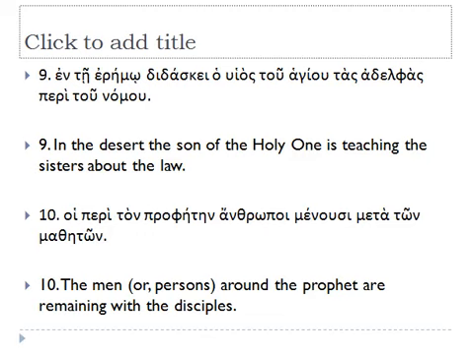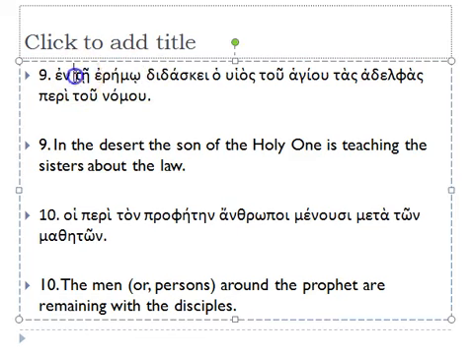En te eremo didaske ho hyios tu hagiu tas adelphas peri tu nomu. En te eremo, another prepositional phrase. Notice the cross-dressing noun here. Te eremo, both words are actually feminine singular dative. In the desert, didaske ho hyios, nominative obviously, ho hyios, subject of didaske, the son teaches, the son is teaching. The son tu hagiu,